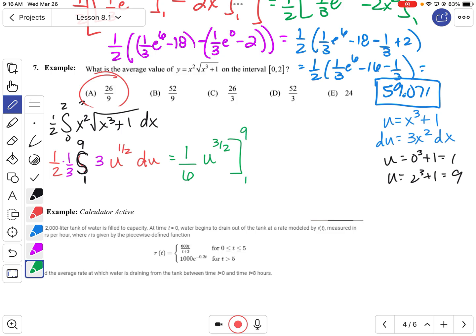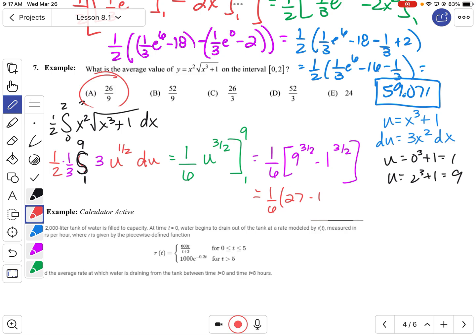And if you notice, that's what I had after I integrated. So when I plug it in, I get 1/6 times 9 to the 3/2 minus 1 to the 3/2. So when you do u substitution with a definite integral, you have to rewrite those boundaries. So I have 1/6 times 27 minus 1, or